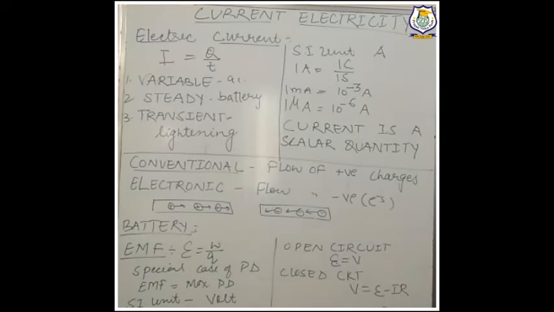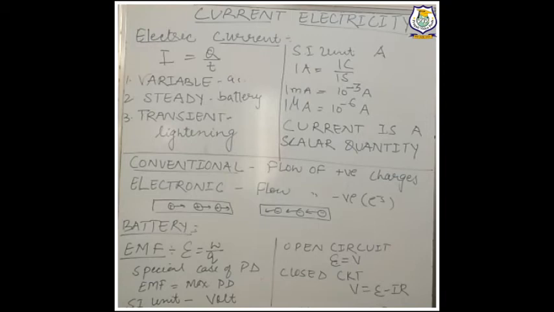So the direction of these two kinds of current is just opposite, because one is due to the flow of positive charges and the other is due to the flow of negative charges. You can see in the diagram I have shown the flow of positive charges, and then in the next diagram I have shown the flow of negative charges. So right, till now it is clear that the conventional current direction is just opposite to the direction of flow of electrons.